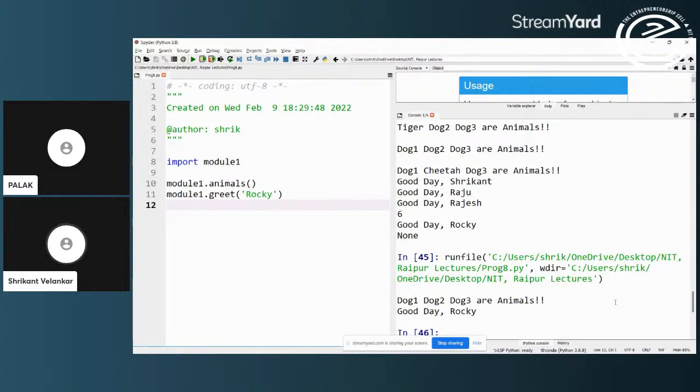And therefore if I ask what are the dependencies of prog 8, we have to say module 1 as the answer. So this is as far as functions, modules, packages, and also the keyword dependencies in Python. This is the way in which it is interpreted.